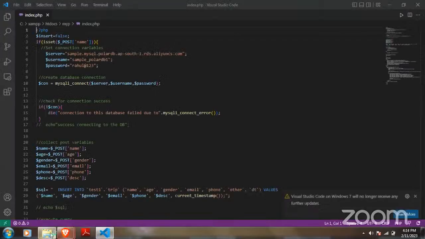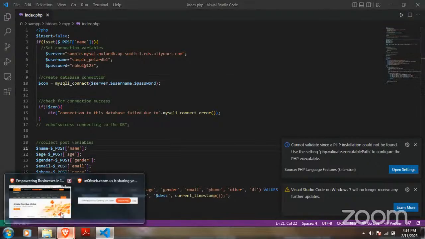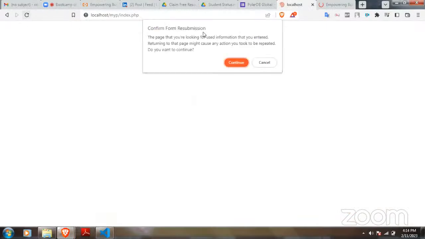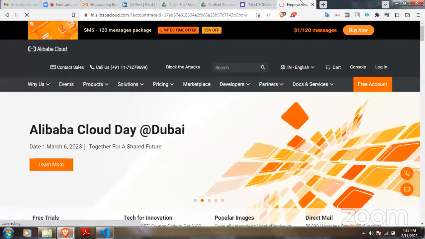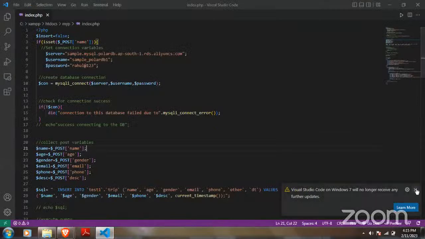Okay. So I just need your attention for a few minutes. This is the source code of the dummy project that I have shared with you earlier. I have used PHP to connect my database at the backend.